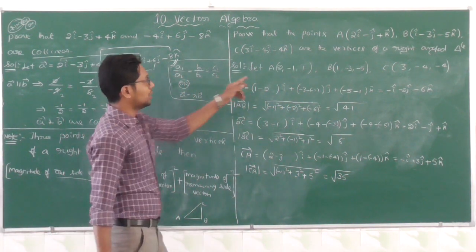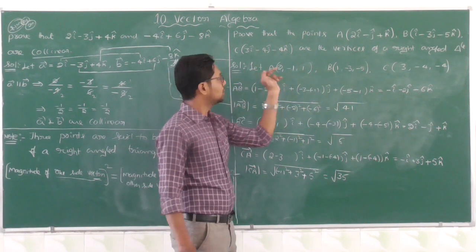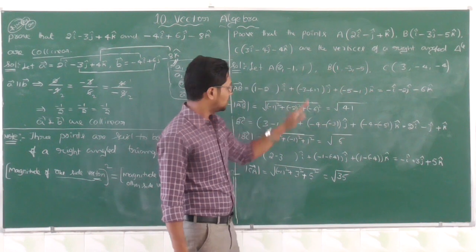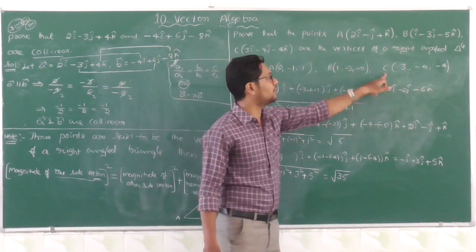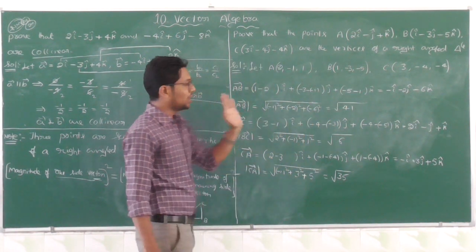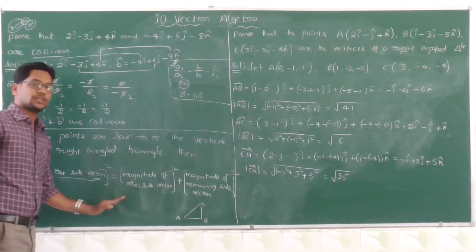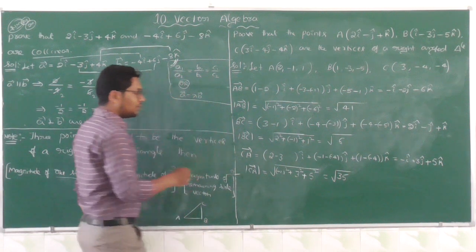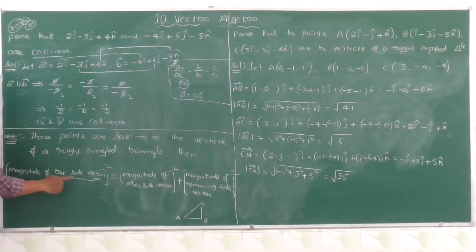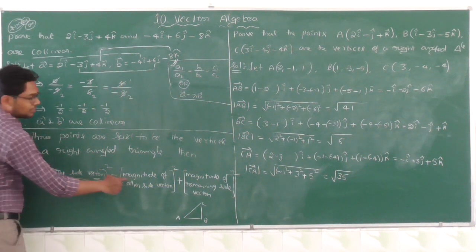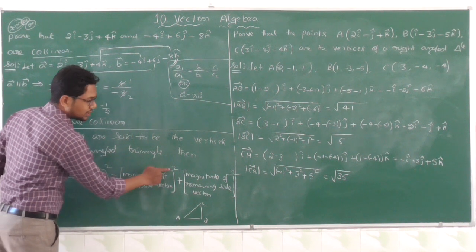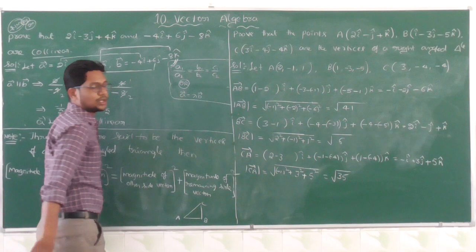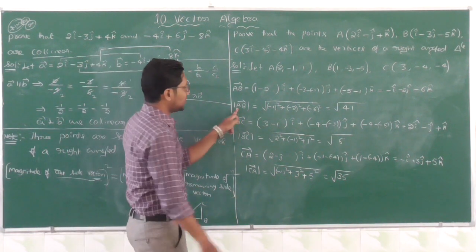Now, the AB vector is over. The BC vector we already found. Next, the CA vector is already over. Now we have to verify this. How will it be? Magnitude of one side vector whole square equals magnitude of the other side vector whole square plus magnitude of the remaining side vector whole square. Okay, you just take this magnitude